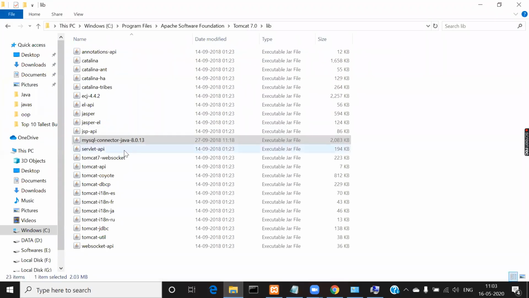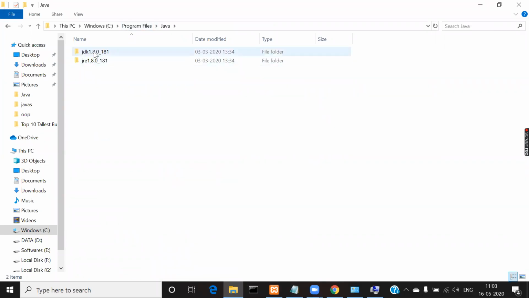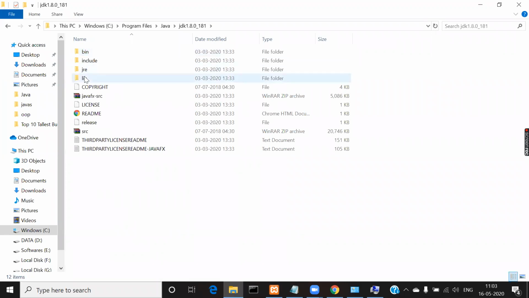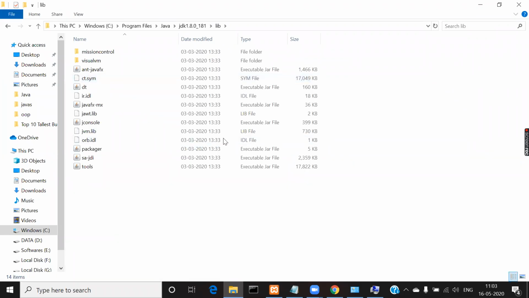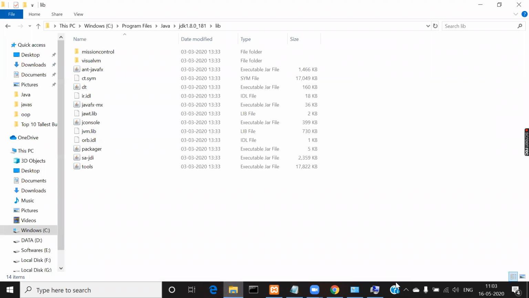In your Java's JDK folder, you will find this lib folder. So you paste it here and select this path. Select this path up to the mysql-connector-java jar file and paste it as a value for the class path variable. So I'll show you on my system all the system variables.